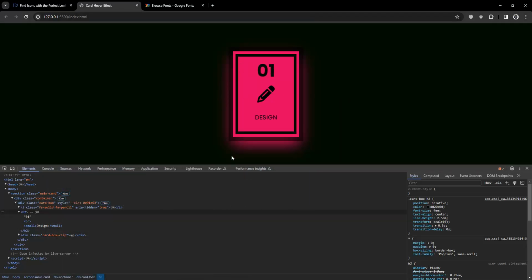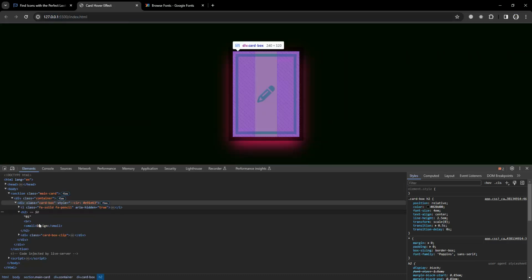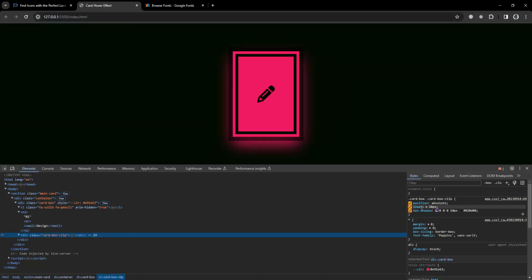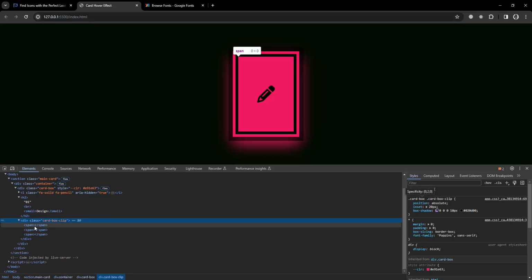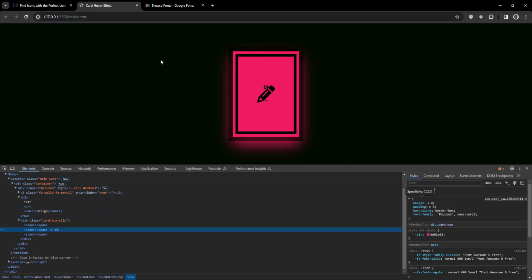Okay, there you go. Can you see we have a beautiful design now? This one, can you see? Can you see the box shadow inside that inset? That's why it's on the inside. So now what we have to do, we need to work on these spans so we can create a polygon